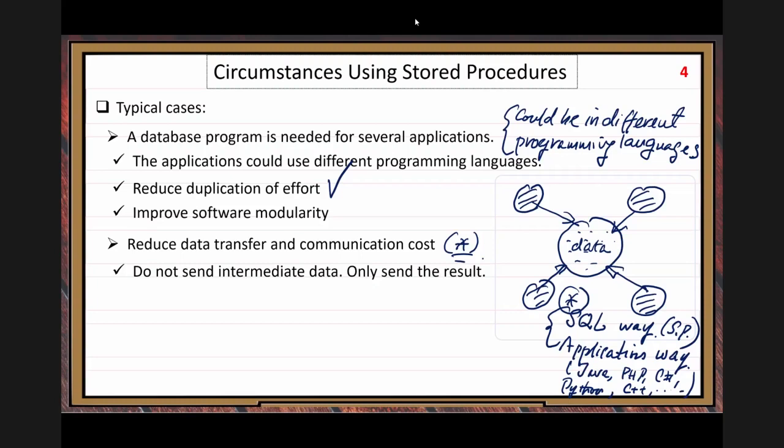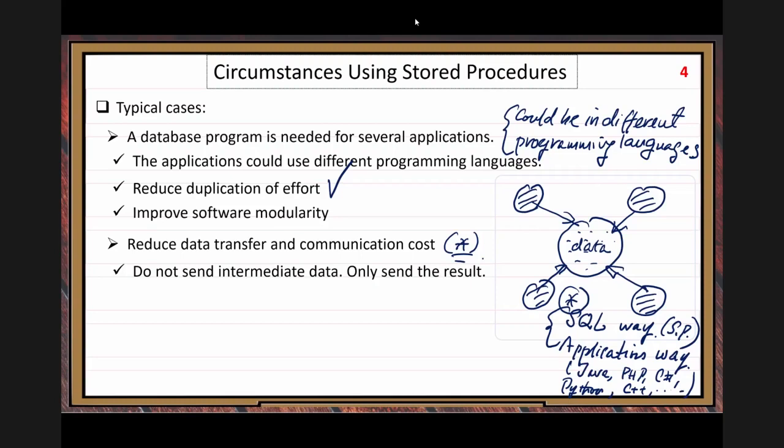Now think about if you use application programs to write data-intensive service code, do you need to do a lot of intermediate data transfer? Yes, because you need to do a lot of queries, right? Every time you do a query, you send a query to the remote database server, the database server sends you back the query result, then you do some processing work, then you send another query, then query back, processing. Then you have a lot of communication, right? The communication takes time, and there is a communication cost.